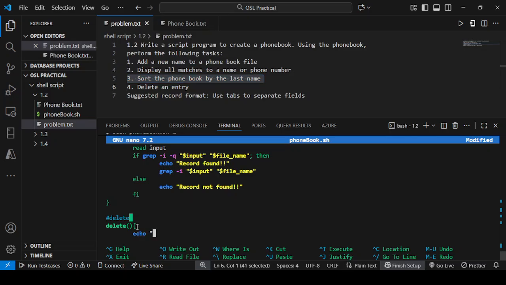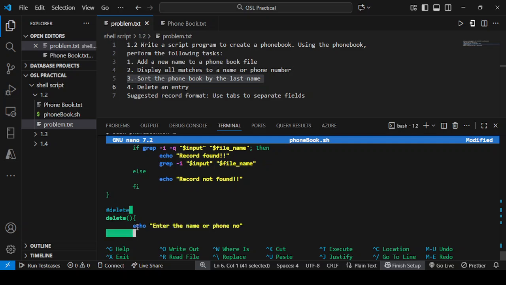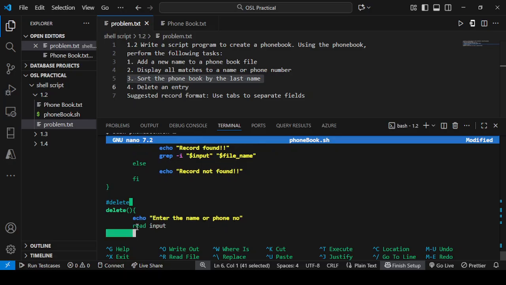Echo, enter the name or phone number. So I'm taking both, whatever way you want to give as input, so that is taken as input. Now what I'm doing is, if grep quietly finds the input in the file,